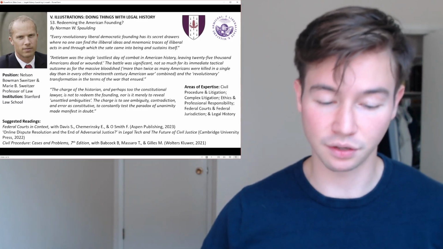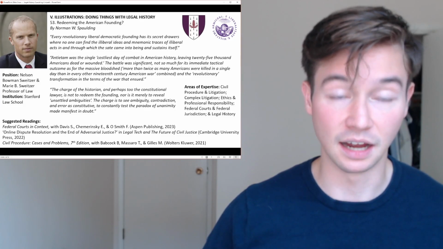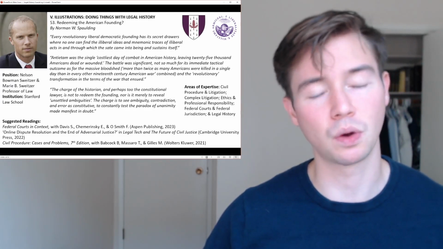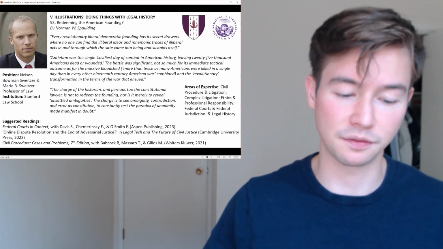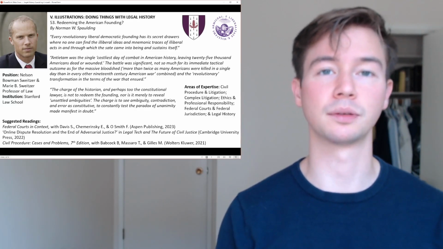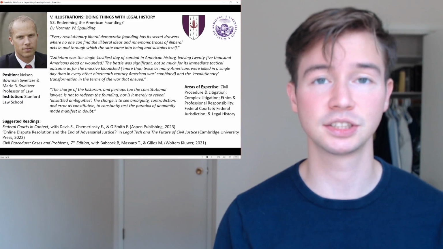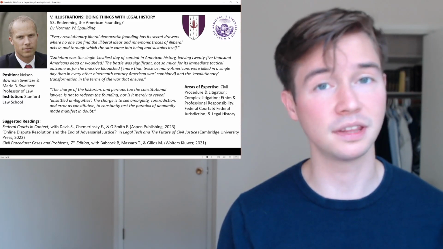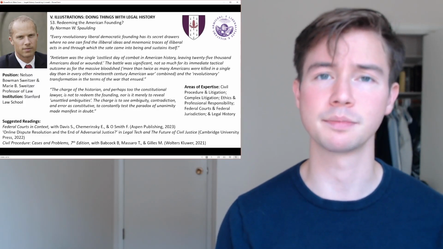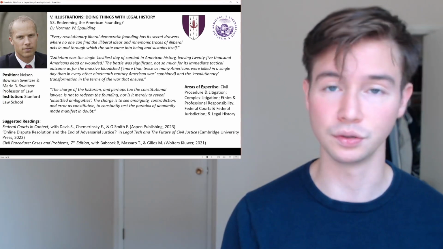The American Revolution, on the other hand, was also celebrated as a transformative liberal democratic break with the past, a year zero. So if the American Revolution is thought of as a break from the past, why perhaps is the Civil War seen as a break from the past? And I think maybe the main takeaway here, and I don't think Norman Spaulding is 100% adamant on this, is that it cannot be denied that there is some sort of break. A common theme throughout the chapter is something of evolution or a revolution. I think it can, in some ways, be both at the same time, and I think Norman W. Spaulding seems to allude to the same.